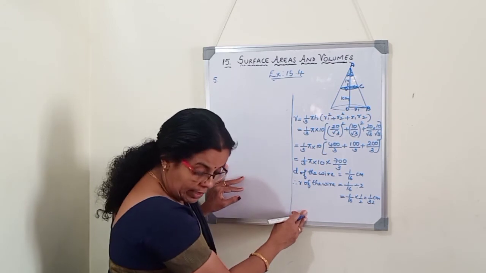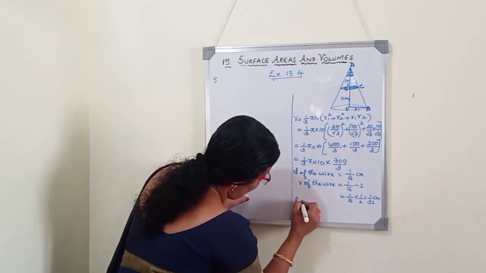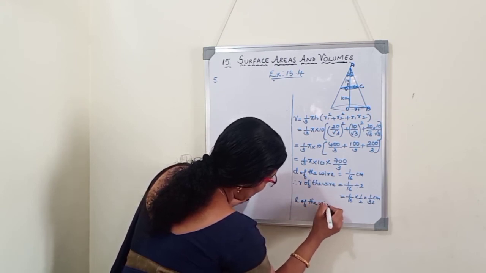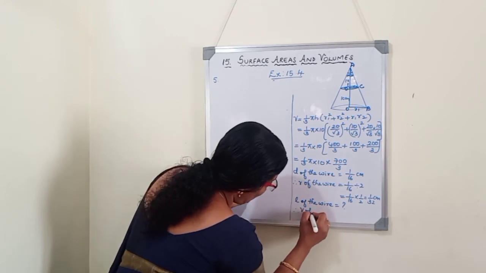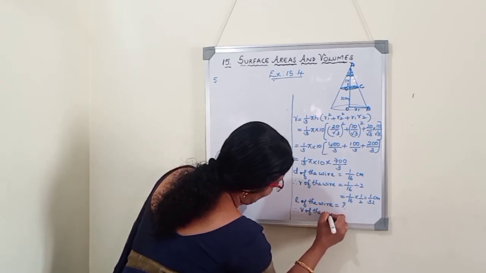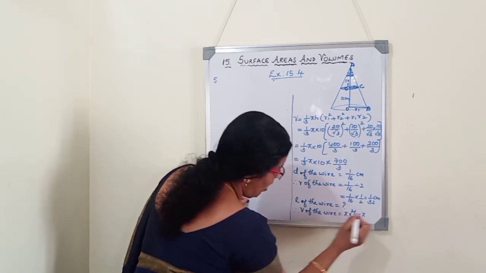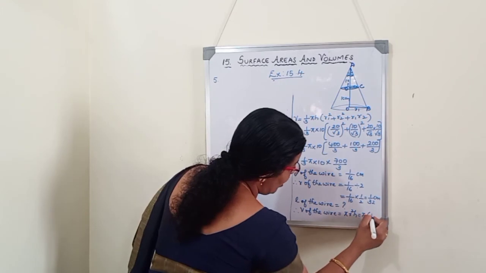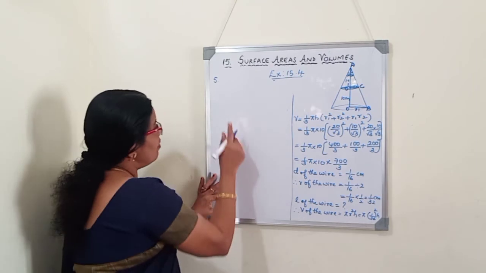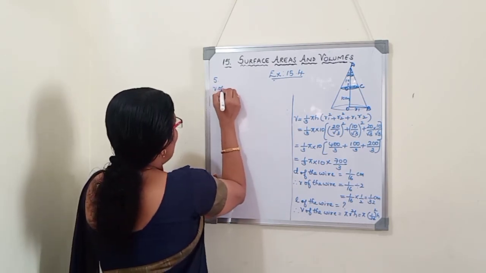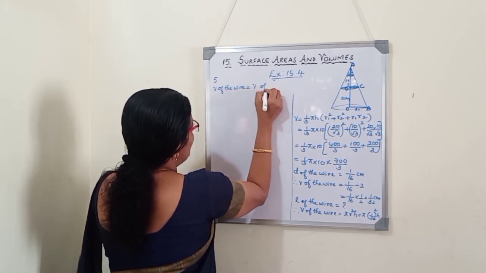And we wanted to find the length of the wire. That is the height of the wire we should find out. Length of the wire we should find, that is the height of the cylinder. Therefore, volume of the wire or volume of the cylinder equals pi r square h. Pi we will write, r as it is. Radius is 1 by 32 the whole square into h. Now we will compare the volume. Volume of the wire or cylinder is equal to volume of the frustum.